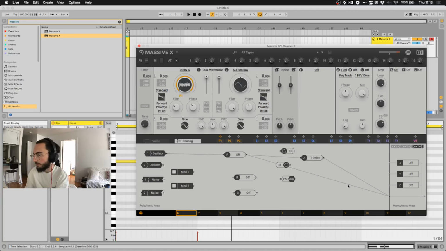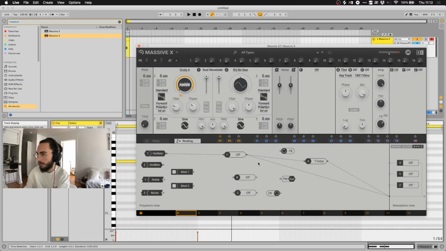It also has some parallel stuff going on apparently. So you can also send them parallel. So now the signal is going into the delay and then into the master, but also straight into the master,